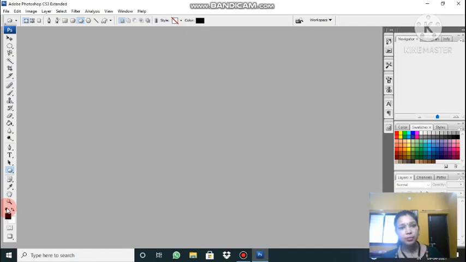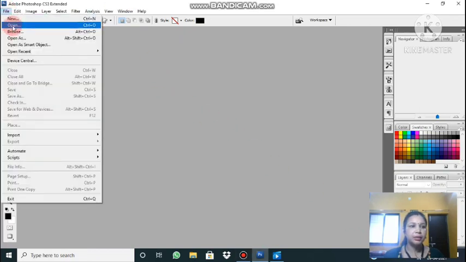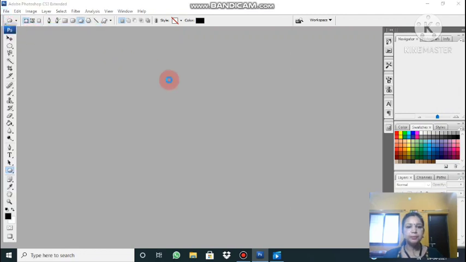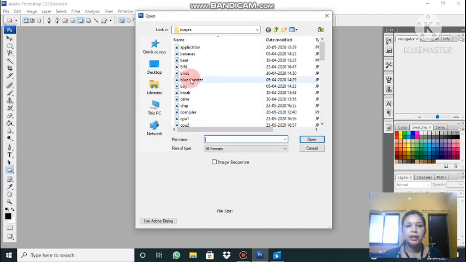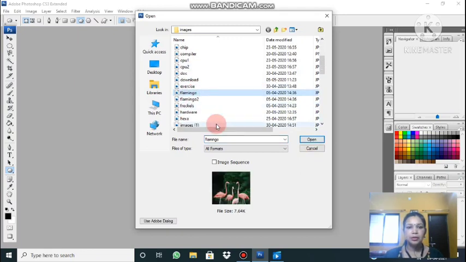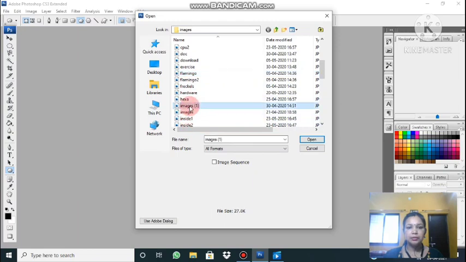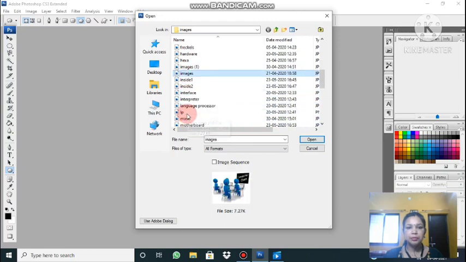Let's see how it will be used. So for finding that zoom tool, first you open any file. I'm clicking on file, then open, and then open any image which you have. Suppose I want to open the flamingo image, or any other image if you have.